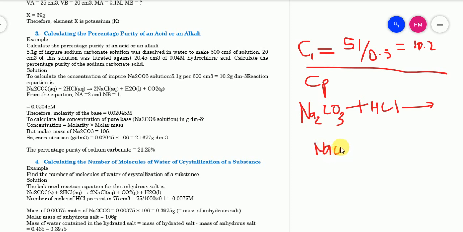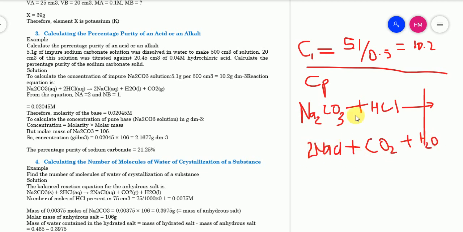Sodium chloride plus sodium chloride plus hapa carbon dioxide gas, then plus water. Equation ile balanced, sorry for that, equation ile balanced H2O ile balanced lazima hapa pana